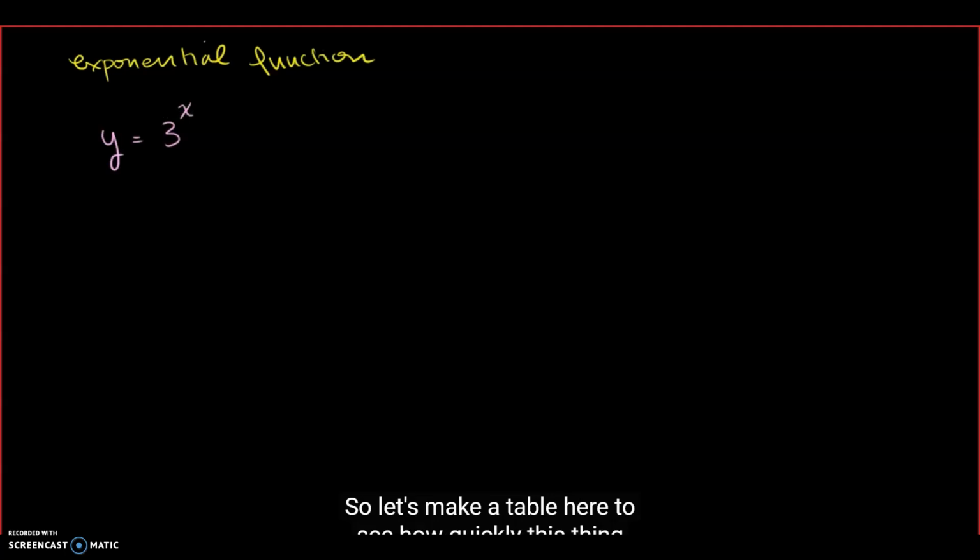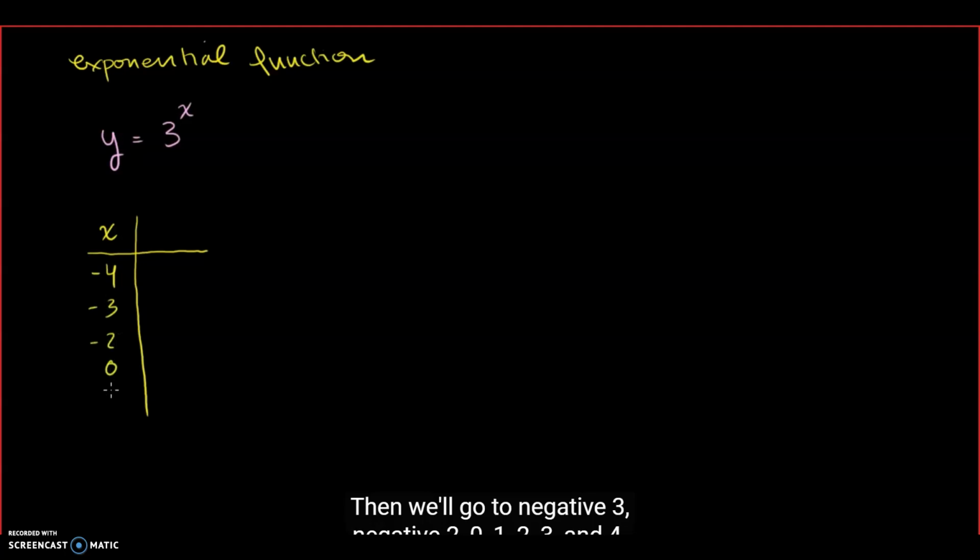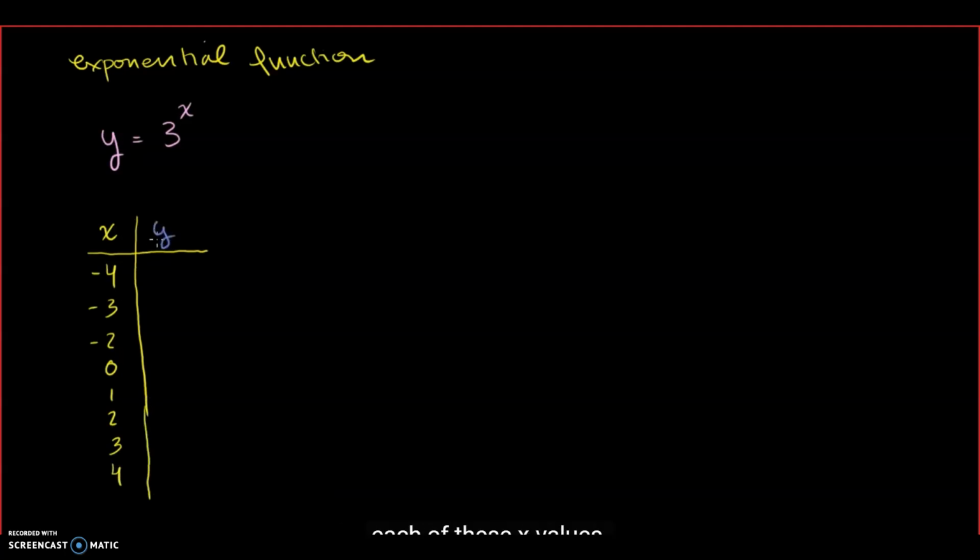So let's get it labeled here. See how quickly this thing grows. If you will graph this graph. Let's get the x values here. Let's say let's start with x equals 4, 3, 2, 0, 1, 2, 3, 4. Now,